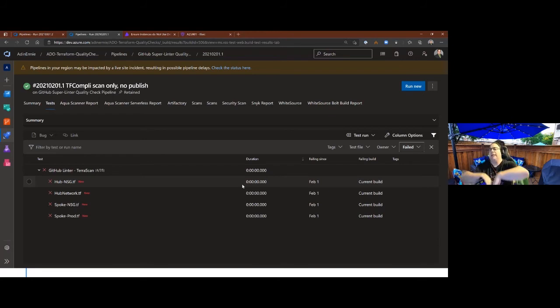These are more just, hey, scan my code, scan my templates, and let me see the results, and let me as a human being react to that and decide what I want to do. Like, do I want to correct the issue? Do I want to suppress it as a false positive or an accepted risk for my team or my project? It can't intelligently make that decision for you per se, right?